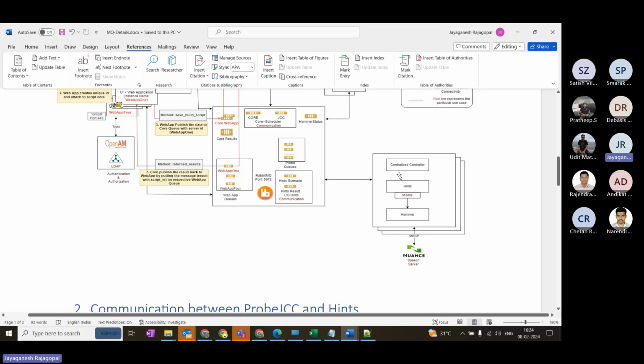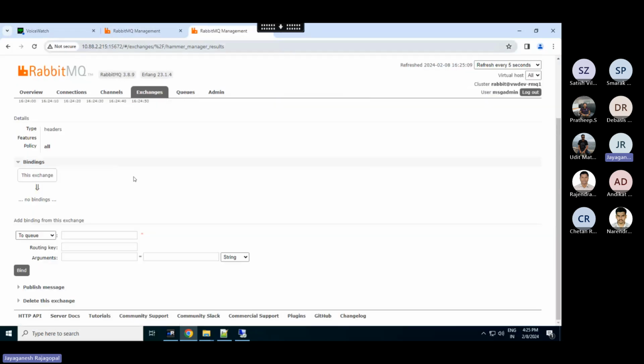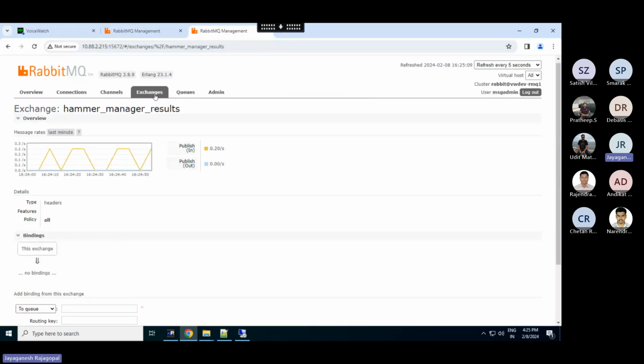If you talk about the communication between two models, we need to list all possible queues relevant to those two applications and then explain those particular queues. For example, if you go to the RabbitMQ section, again I'm coming back to the same thing. If you see here,